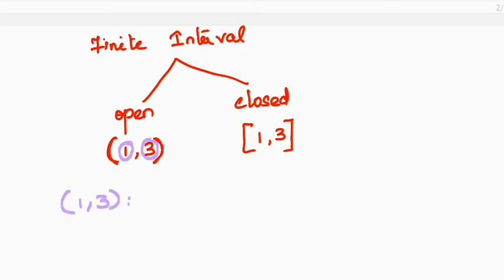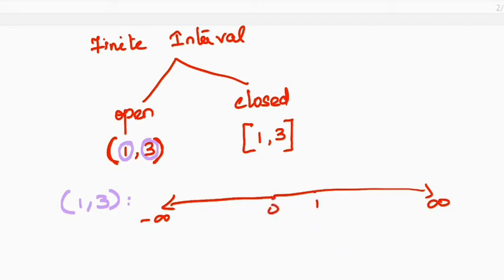You see the number line. If you draw the number line, it's minus infinity here, plus infinity here, 0 here, then 1, 3. If I have to mark the open interval 1, 3, see that the open interval does not contain 1. So 1 is not included. This point is removed. So how to mark? You have to mark an unfilled circle above it. And 3 is also not included, so above that you have to mark an unfilled circle.